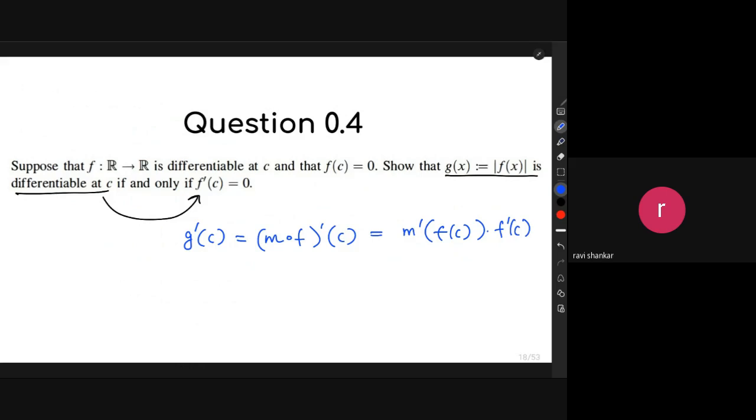Now this f of c is 0. The modulus function at 0 is not differentiable. We know that because the left hand limit and the right hand limit are not equal. So this is only possible. So this limit,